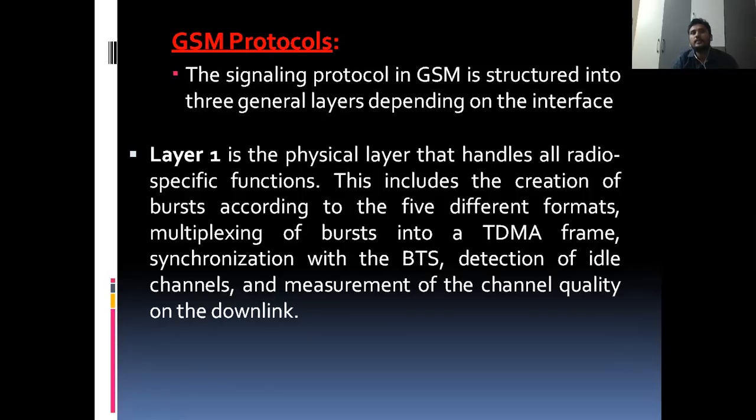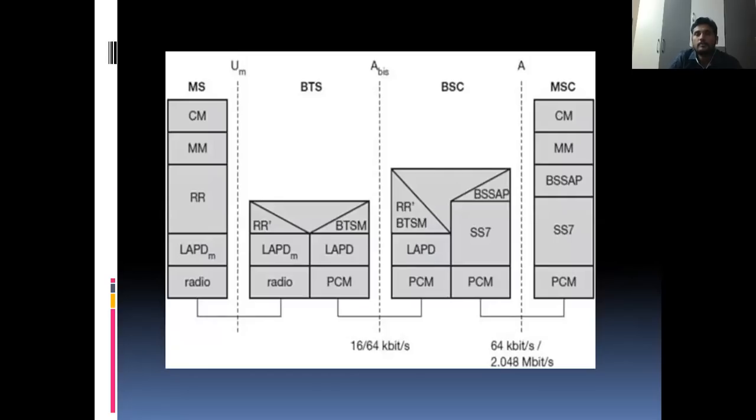Next, GSM protocols. Let's observe this diagram: MSC, BSC, BTS, and MS. MS is the mobile station. Within one BTS, there is a possibility of multiple mobile stations.